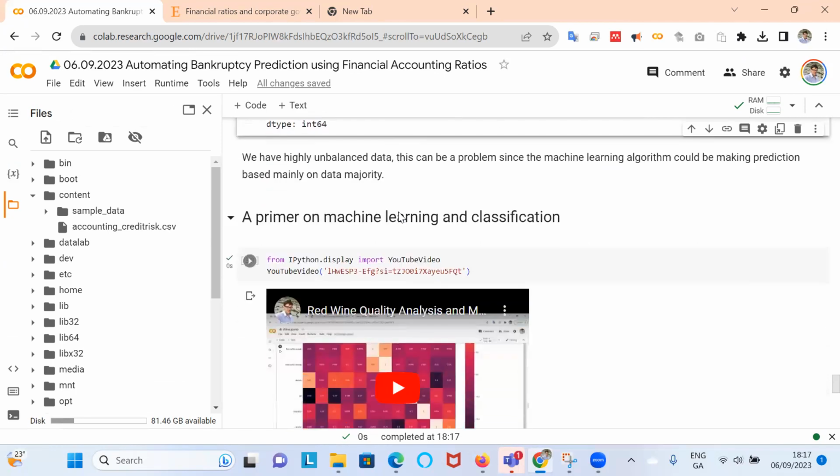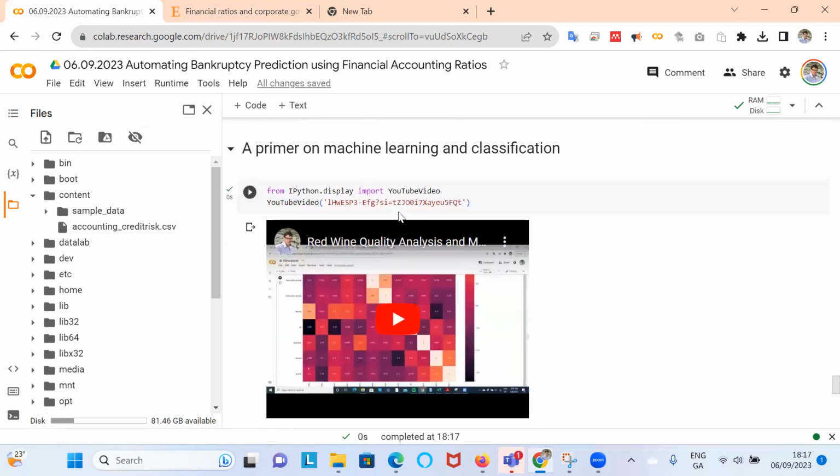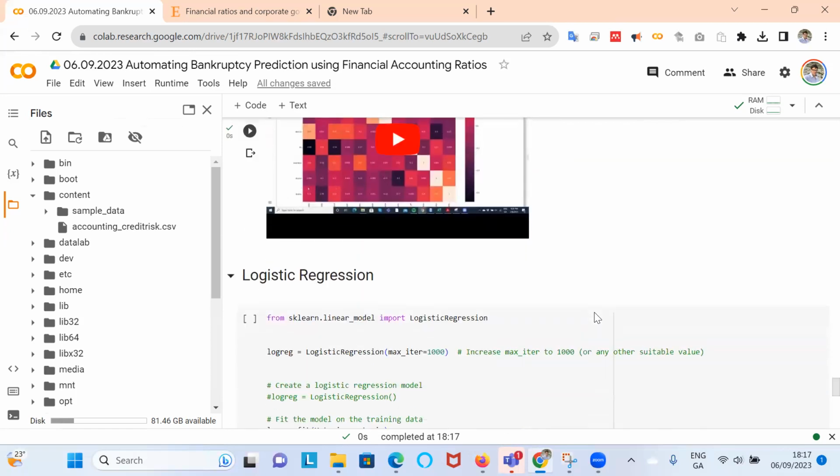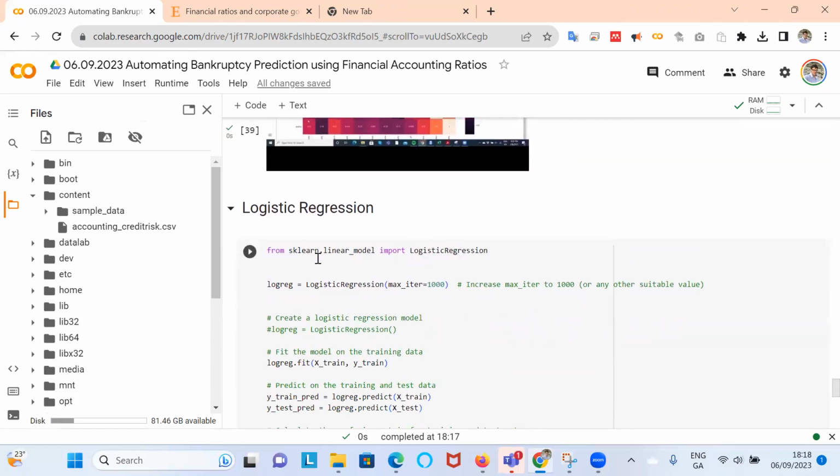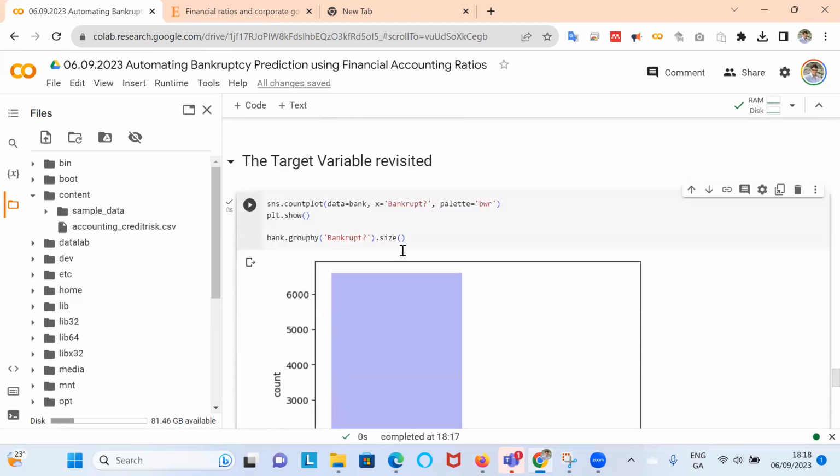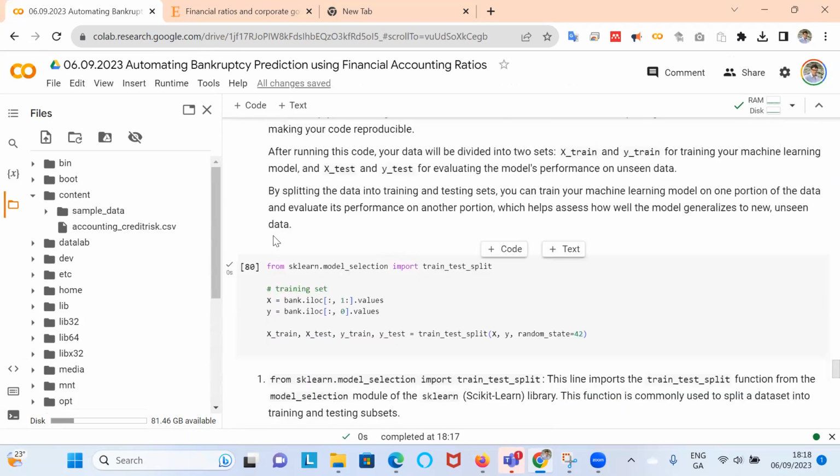If you want a more complete overview of models like random forest and k-nearest neighbor and support vector machines, I have a previous video clip for red wine, which is a smaller data set and might be useful if you want to look a little bit more comprehensively at machine learning techniques. But in this video clip, I'm going to stick rigidly with logistic regression. So I'm going to perform now, I have to make sure I've performed that test train split.